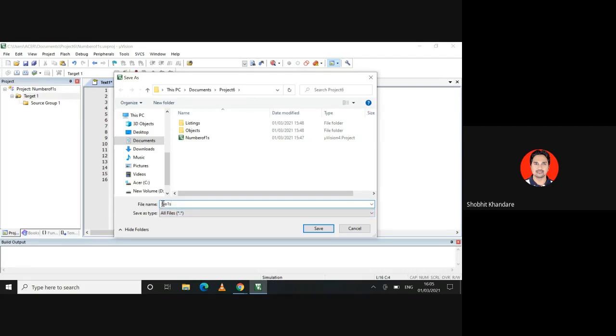I have to save it as an assembly language program, so .asm, and save the file.